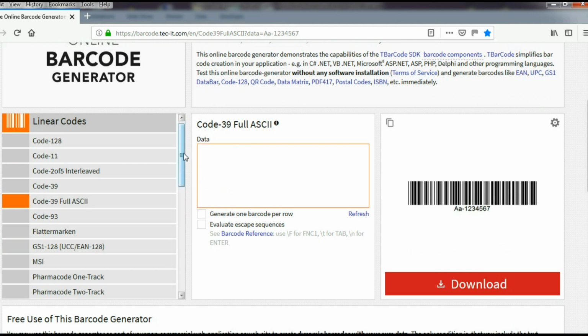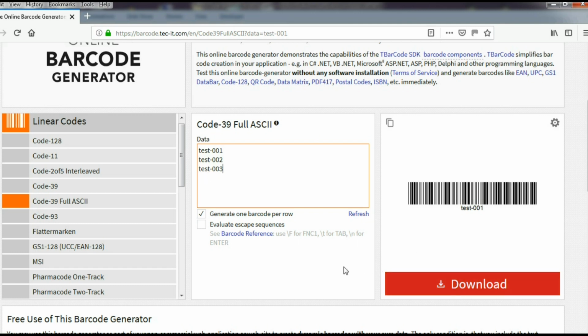So I just delete that and type test-001 and do a refresh. You see it created the barcode for me there. Now what you can do, if you click on this button here, you can create numerous barcodes. 003. Now I did find that if you put in more than 5, and when you download it, it downloads